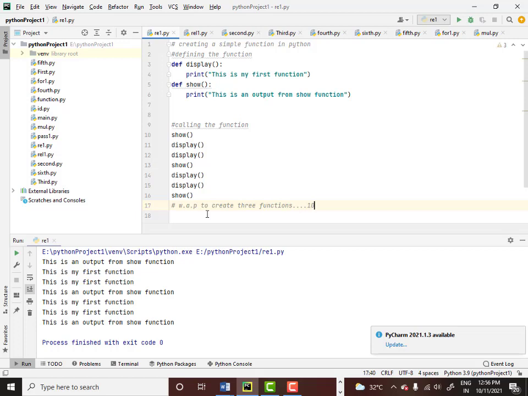The first function will display your name, the second function will display your address, and the third function will display your phone number. Will you try this?